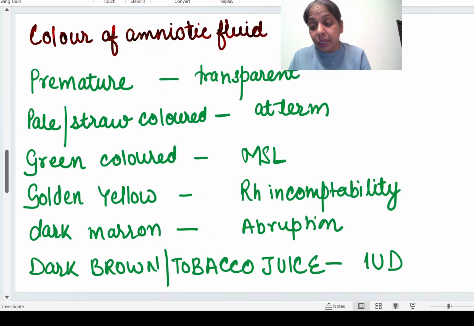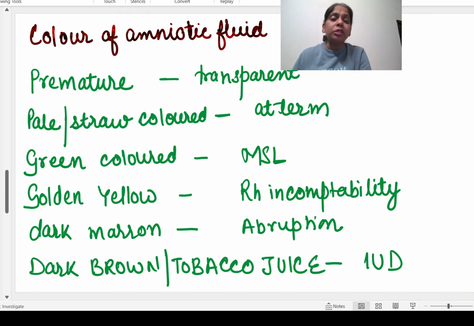Next slide is about the color of the amniotic fluid. The color of the amniotic fluid in a premature pregnancy, or at around 32 weeks, is totally transparent, water-like. As you know, after 32 to 34 weeks the amniotic fluid decreases in amount. Maximum amniotic fluid is at 32 to 34 weeks, isn't it? So after 32 to 34 weeks, the amniotic fluid starts decreasing in amount, and as it decreases,